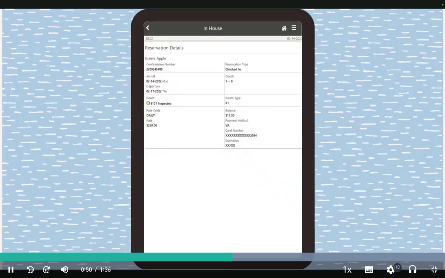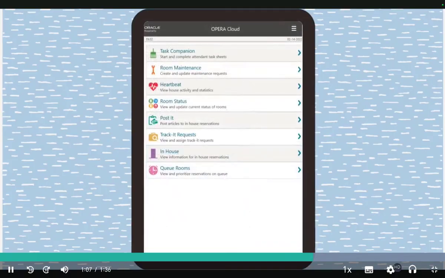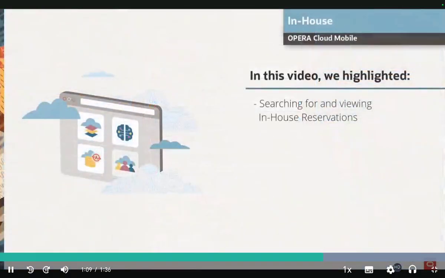On this view-only screen, the reservation details are displayed. This includes the housekeeping room status and guest balance. To return to the previous screen, select the back arrow in the upper left corner. Select Home to go to the main Opera Cloud mobile menu. In this video, we highlight